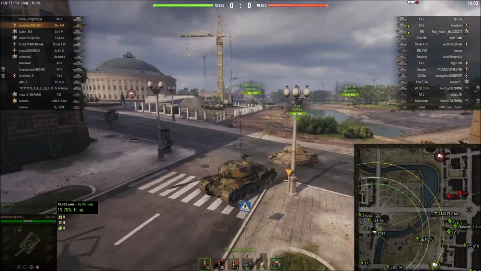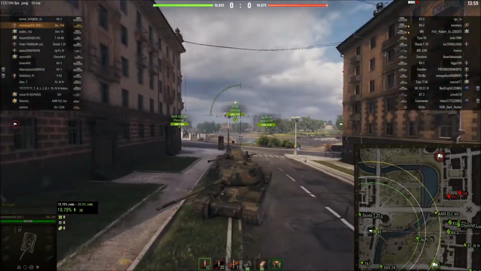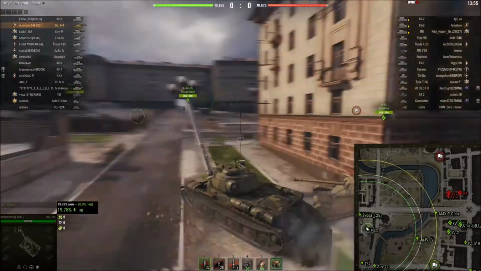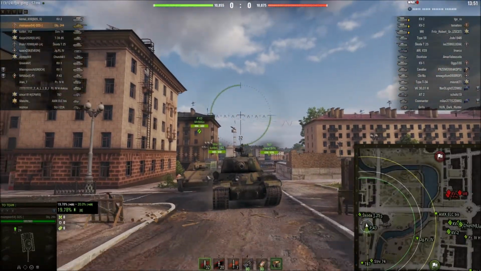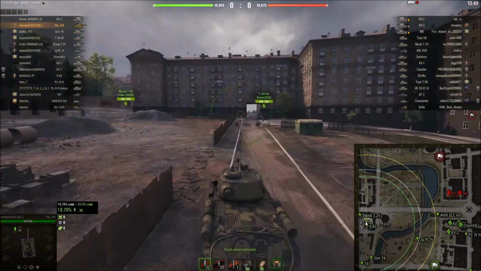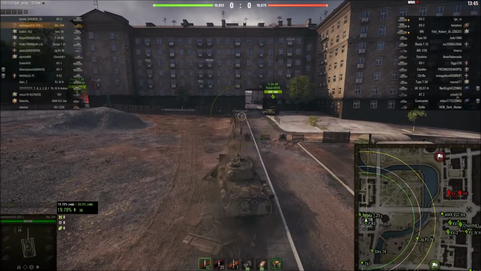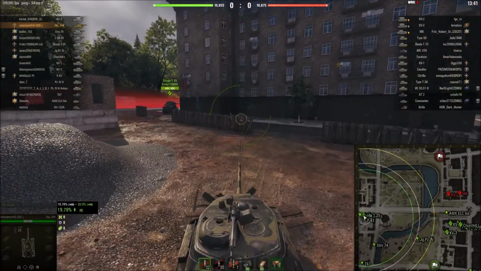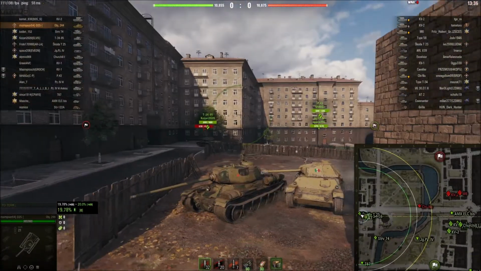Now, what is this thing all about? It's kind of a Frankenstein's monster tank. It's made up of lots of different parts of other Russian tier 6 heavies and tier 7 heavies. The hull is the same hull as an IS, so you're looking pretty good in the fact that it's got pretty decent armor for a tier 6 on the hull. The turret is the KV-85's turret, and it's got a